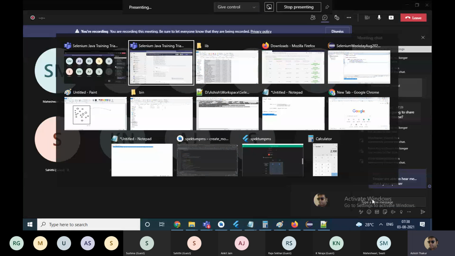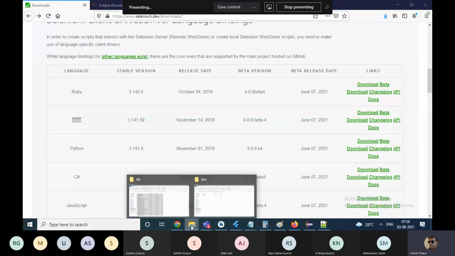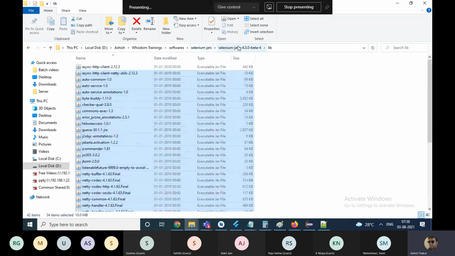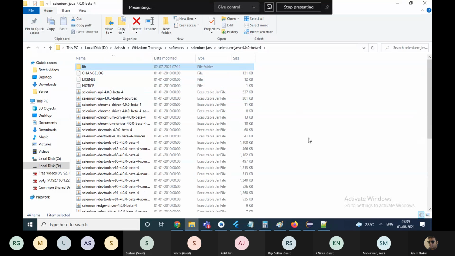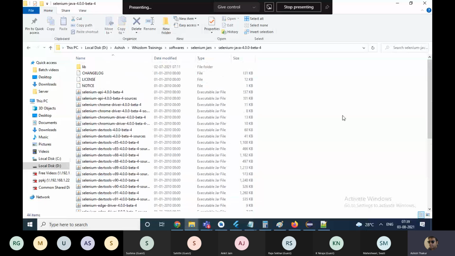Right. So over here, when you download this, you get these jar files. The jar files which you download, you have to import inside Eclipse in order to work with Selenium. So basically the concept of a jar file in Java is something which comes with predefined functionality.